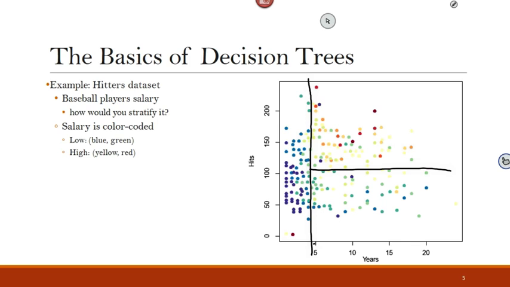Okay. Now, if the problem is a classification, you need to see what is the majority class, right? So what is the majority class in here is low. So we classify to the majority class. If it's a regression problem, what do we do? If you are to predict a value, a salary value, what do you do?